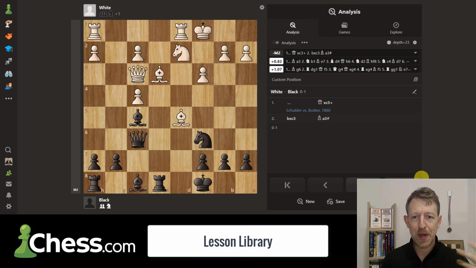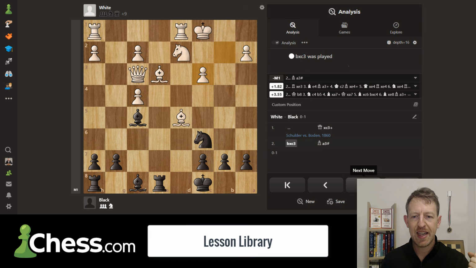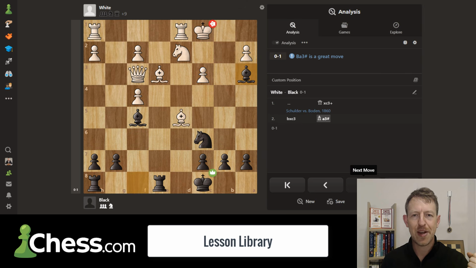This is a game between Schulder and Boden in 1860, the original Boden's Mate. It involves the queen sacrifice. Queen takes c3 check. Because of the bishop cutting across this way, that queen needs to be taken, and after which bishop a3 is mate. That's one of the checkmating patterns, and